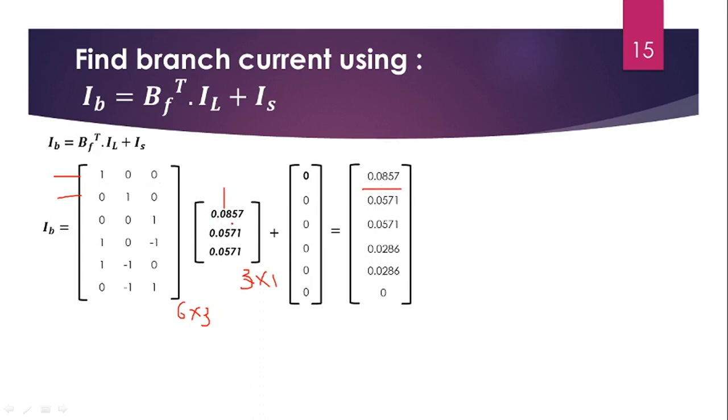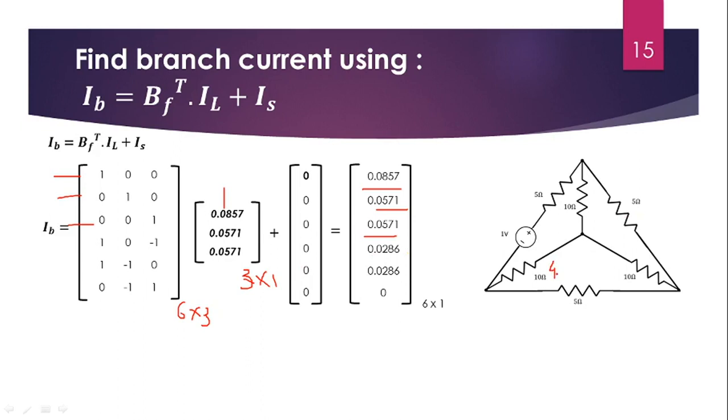So 1 into 0.0857. We are getting 1 into 0.0857 plus 0. So that is 0.0857. Plus second row, this column, we are getting the value 0.571. Third row, this column, we are getting the value this one. The branch current for this,